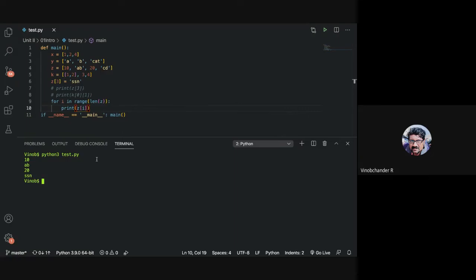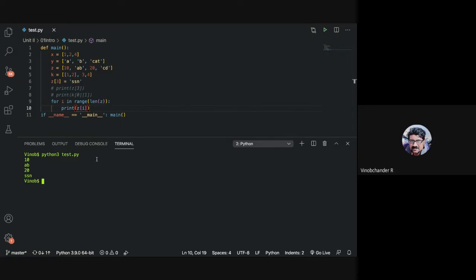So can you tell me what is the advantage of using the second way over the first way? Or what is the purpose of the second way? The second way also does the same thing here. But sir, in index manipulation.